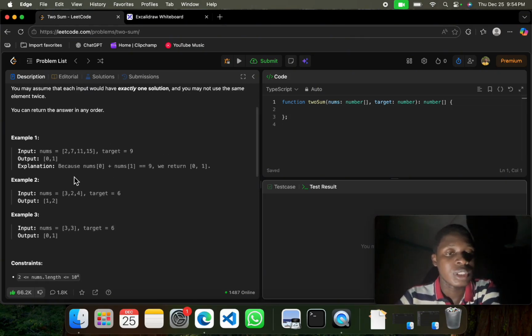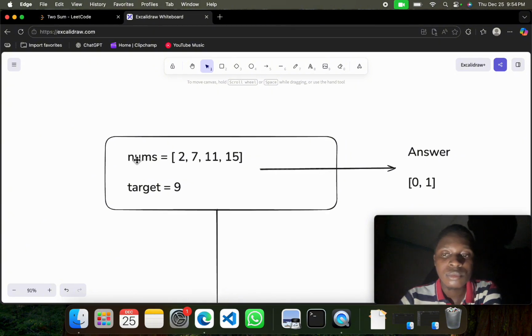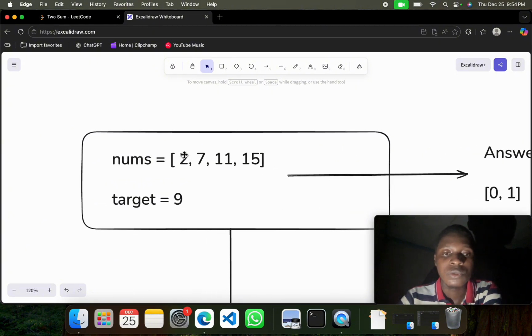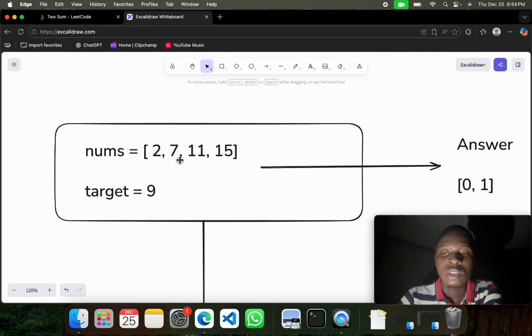So what we are trying to do is, we have two variables in this text. The first one is nums and the second one is target. Here we have two variables. The first one is nums, which is an array of integers, and the second one is target. So what we are trying to do here, being simplified, is